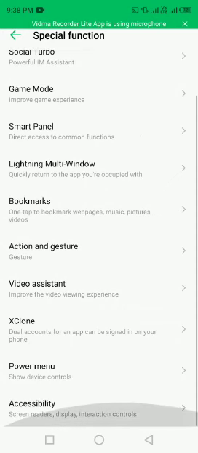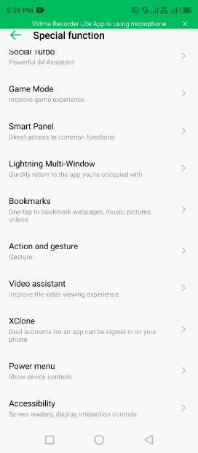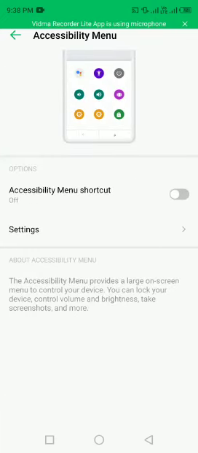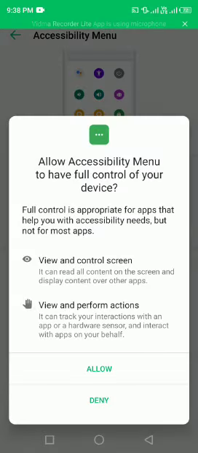Now scroll the screen, and at the bottom you will see the accessibility tab here. Friends, now at the top you will see the accessibility menu which we already turned on or off. You can see here it's turned off. Now if we want to enable this option, then you will tap on it and it will ask from you to allow this option, view and control screen, view and